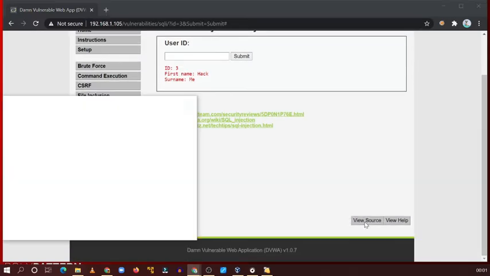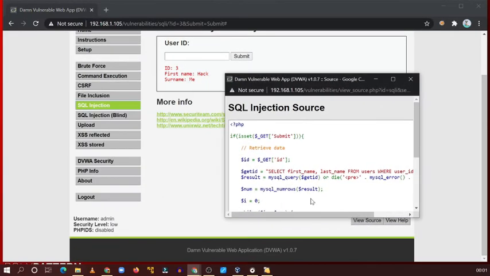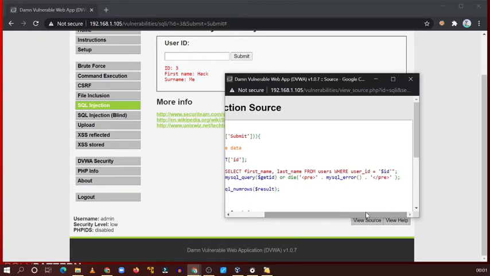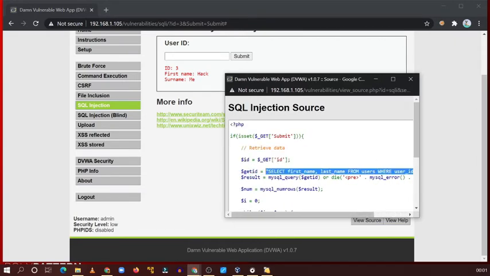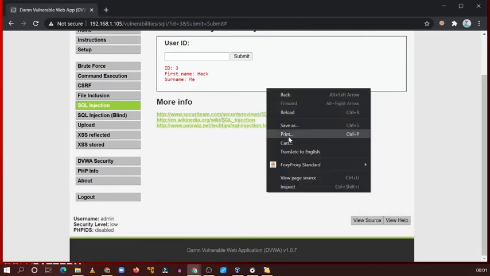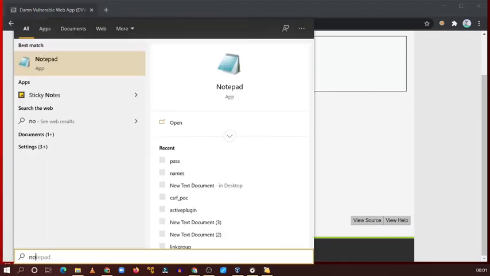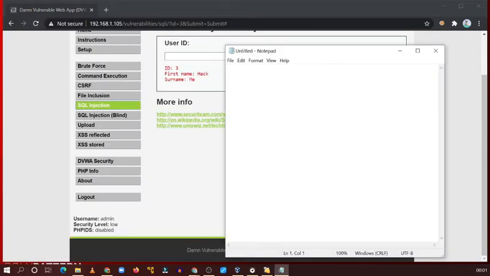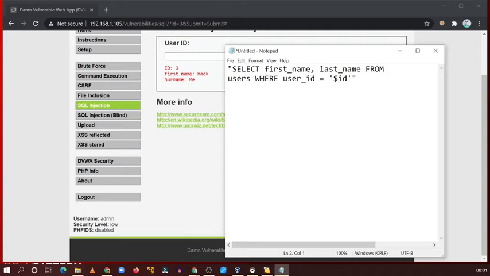So let's see the backend code. If you are doing it the first time, I would suggest you copy the code from here, this thing, and open it in a notepad, so that it would be very easy for you to understand, right? This thing. So select first name, last name from user where user id equal to id.